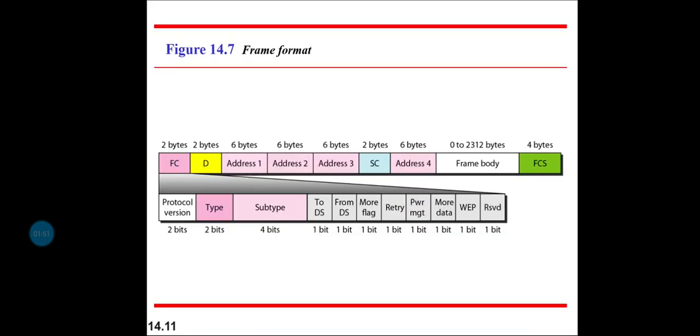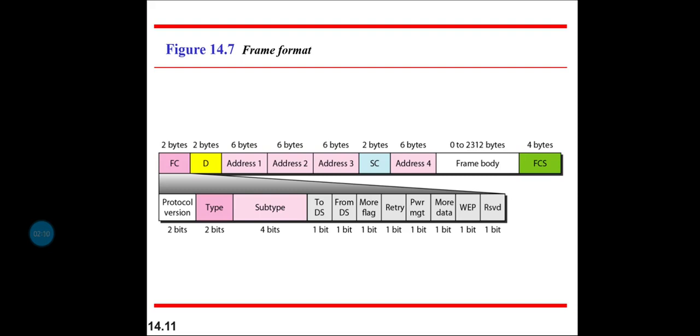So in order to go with that, we have this particular frame format which is available in our MacLayer. The reason we went for this fragmentation process and this frame format is to deliver the data in an accurate way.